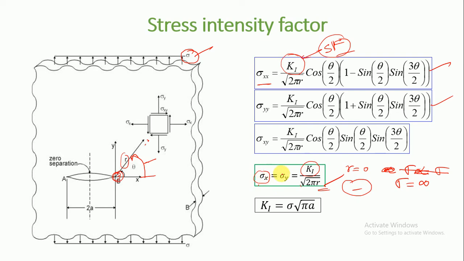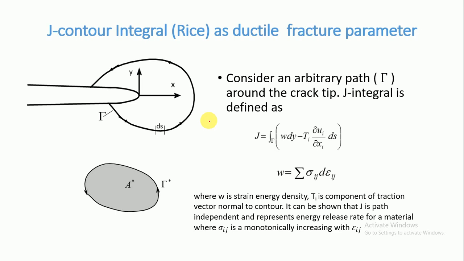And this sigma x and sigma y are related to the far field stress. So K1, the stress intensity factor parameter, can also be rewritten in terms of the far field stress sigma and the finite length of the crack, that is K1 is equal to sigma into root over pi b. Now this stress intensity factor approach is applicable for brittle fracture only, where there is no plastic deformation at the crack tip. Now if plastic deformation is present,